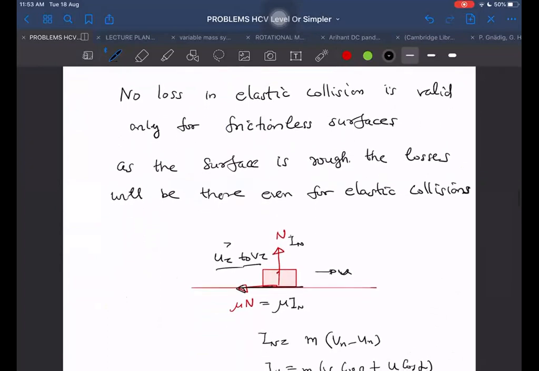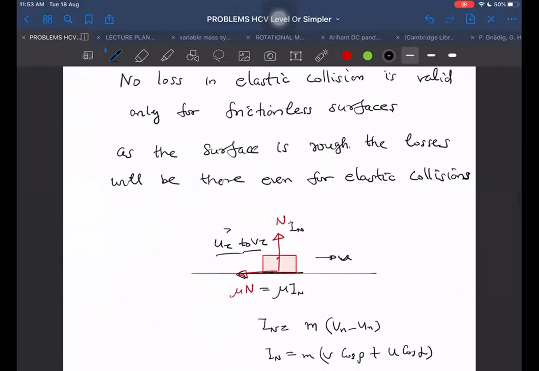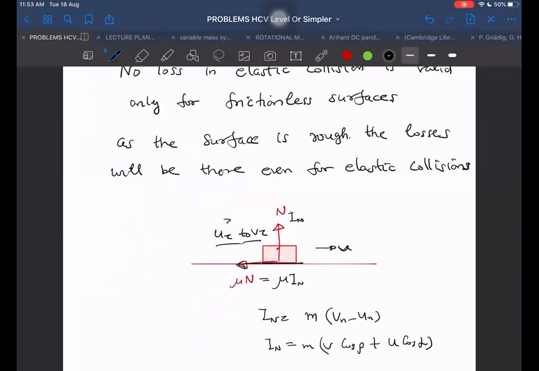Here, when mu n you have written, this is not equal. Again, somebody will say it is equal. I am not writing it to be equal. I am saying this will give us this thing. Mu n integral dt, that will give us mu into I n. The integral of F dt is the impulse. I know, sorry, I'm being careless, but I have already discussed these things before. Obviously, I never said that mu n will be equal to mu into I n. But mu n into dt will give us mu into I n.